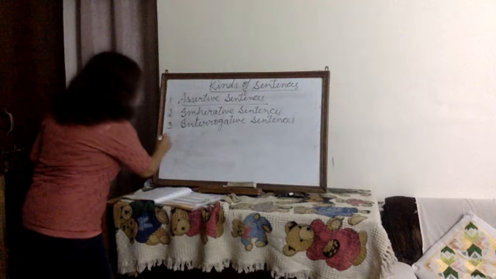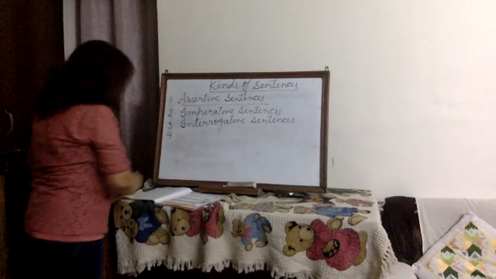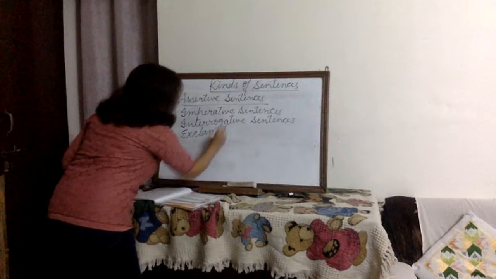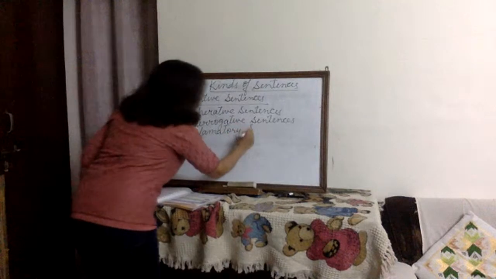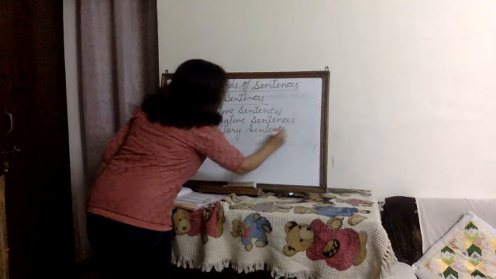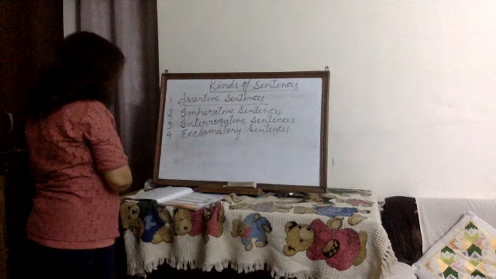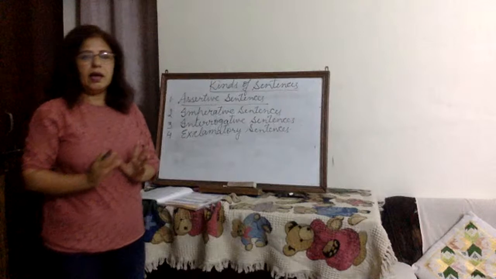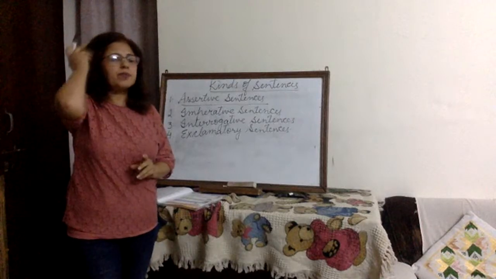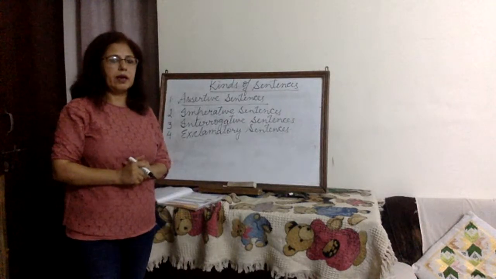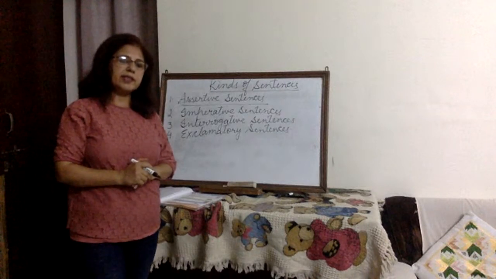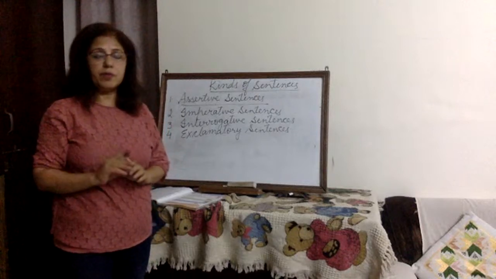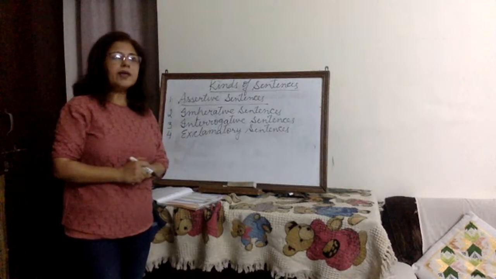The last type is exclamatory sentences. Now, exclamatory sentences express a strong feeling. And at the end of the exclamatory sentence, we put an exclamation mark. For example,